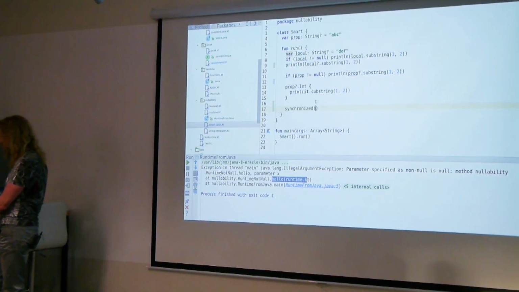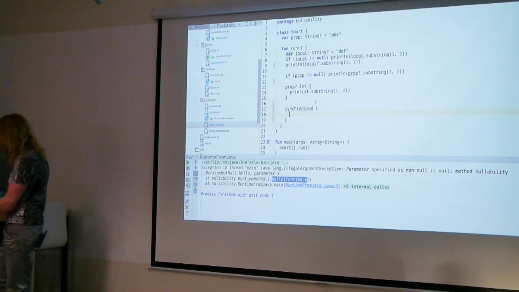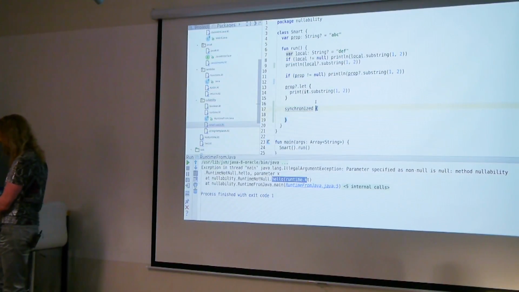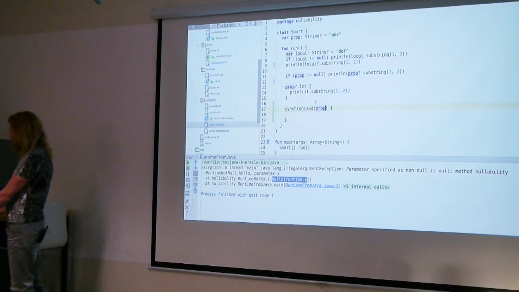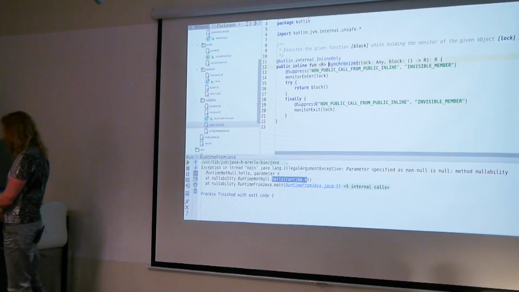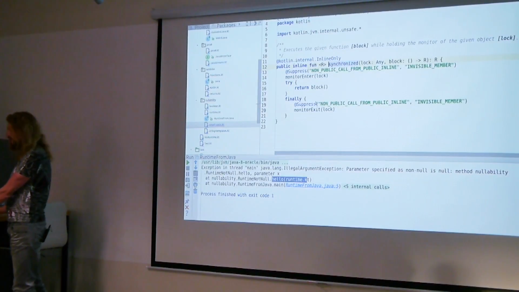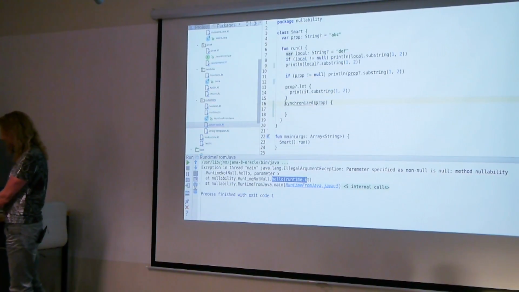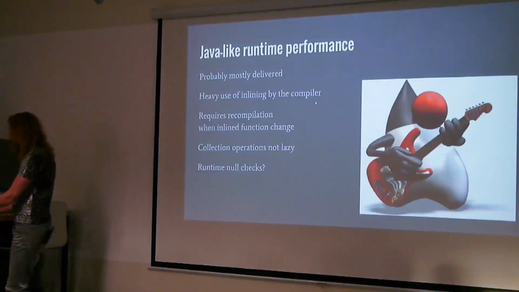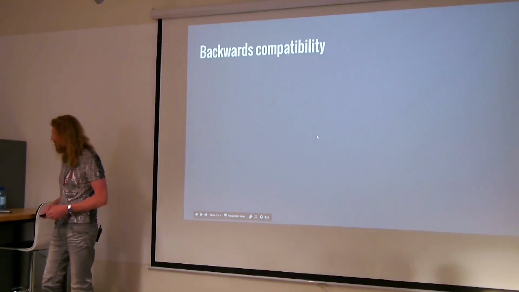Actually, synchronized is not a keyword in Kotlin. It's a function as well, so you can synchronize on anything like this. It's just a library function, not a special language construct. And the same is for many other things.